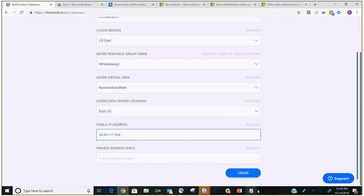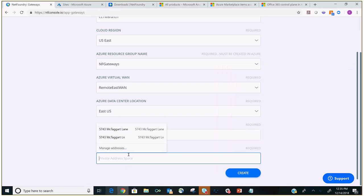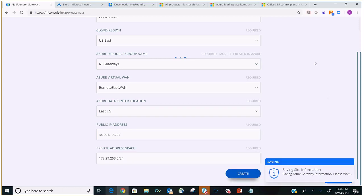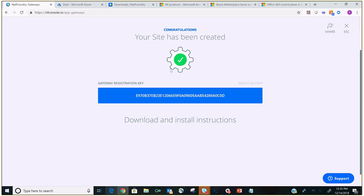And then the private IP address, or the range for that particular one as well. This is the same information that's asked for on that CSV. The only other additional information would be your subscription credentials. I say create, and it's giving me that registration key. I would give this registration key to that virtual machine that I stood up. That would register it into NetFoundry, but then the APIs are taking this and registering it into